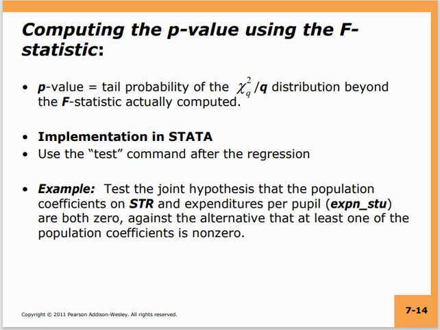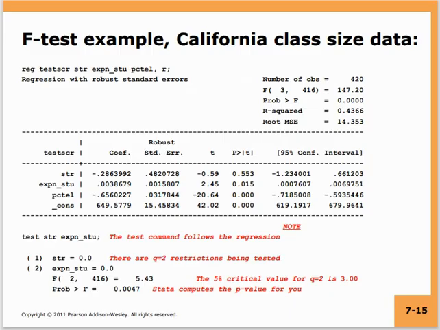So, these are both cases in which our null hypothesis is about the resources. You could use resources in hiring more teachers, or you could use resources in increasing the expenditure per pupil, but we are testing the null hypothesis that in either of these cases this will not result in any improvement in the achievement scores of the students. So, when you run this in Stata, then we have looked at all of these columns and we are not going to look at it again.